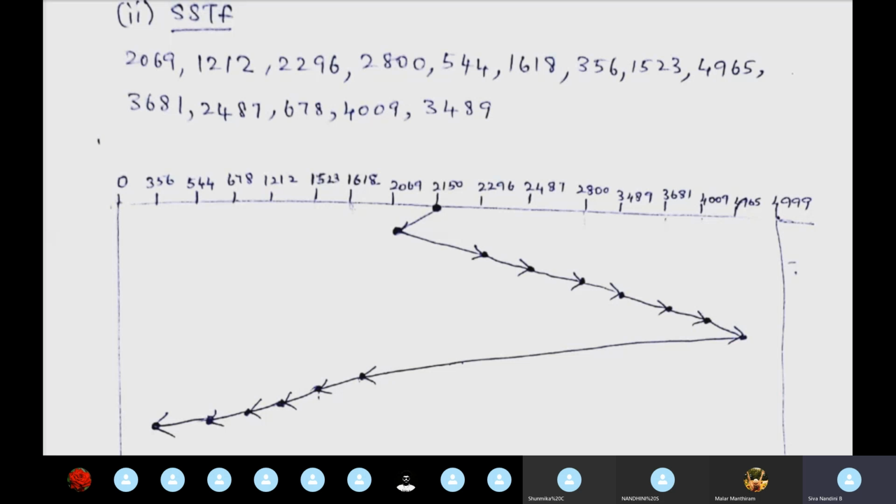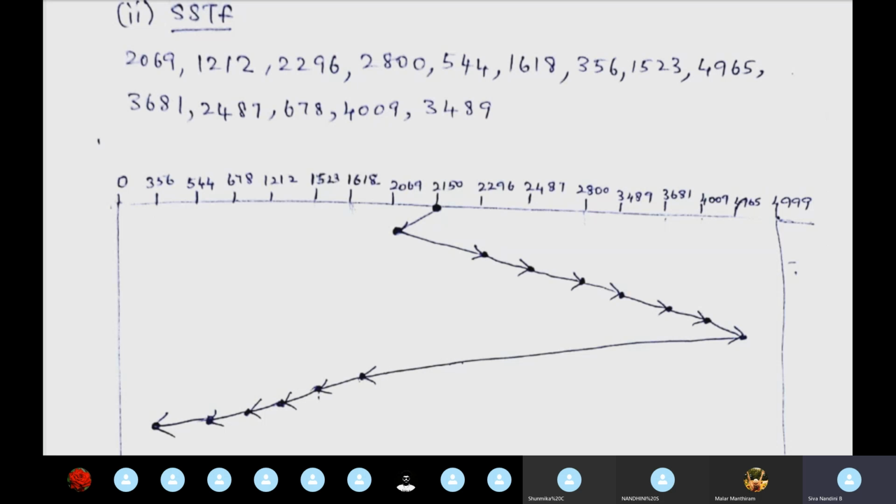Okay, so after this if you see here also you have to compare this. 2296 இருந்து எங்க போகலாம்? 1618 க்கு போகலாம் இல்ல 2487. So நீங்க ஒவ்வொரு தடவையும் கால்குலேட்டர்ல போட்டு தான் சப்ட்ராக்ட் பண்ணனும் அவசியம் இல்ல. So approximate you can have this value, this 2296 and 2487. So approximately it is 200 value difference இருக்கு, and 2296 ல இருந்து 1618 is approximately 600 value difference இருக்கு. So இது நீங்க லாஜிக்கலா பார்த்தாலுமே just approximate value ல பார்த்தாலே your head should go to 2487.